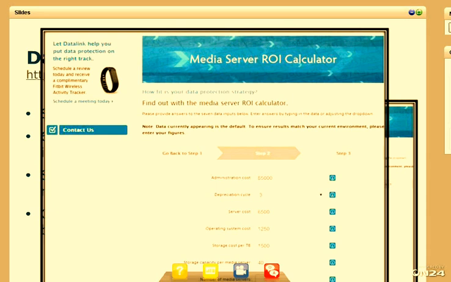So as you can see, I simply put in 6 pieces of information: the administration cost of the person, and that's a burden cost. There's a little help button next to each step to sort of walk you through the information that it needs. Depreciation cycle, how many years you depreciate that hardware over, and then if you built your own, how much a server would cost, the operating system, whatever storage you put into it, the cost per terabyte, and how much storage you put in each server. By going through that,